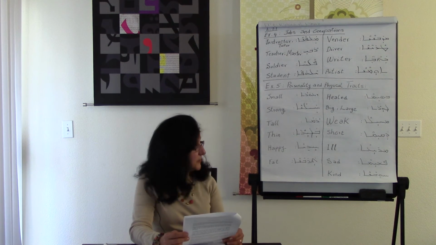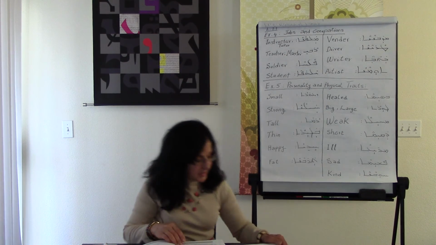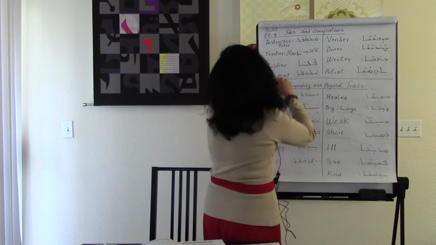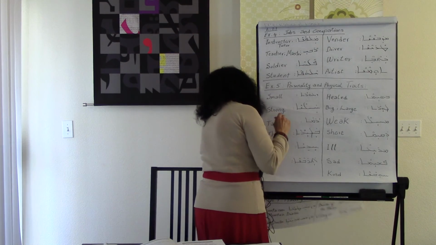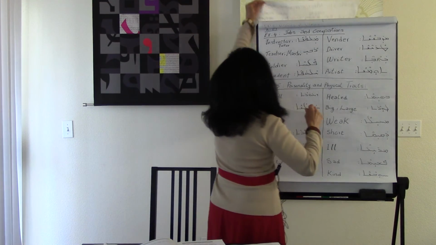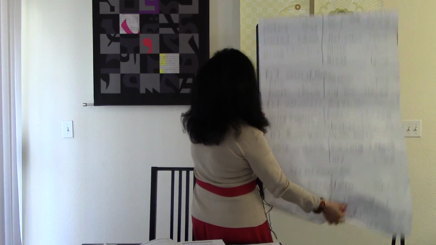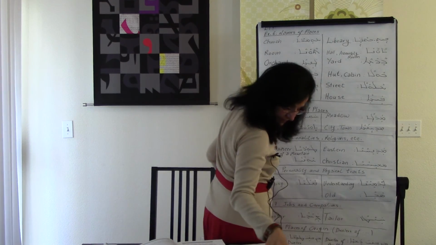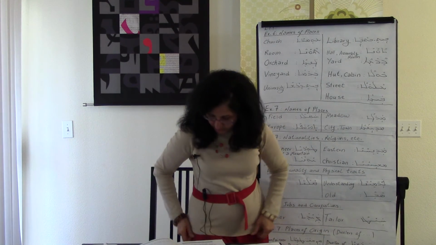Okay, now in exercise 6 we have places. So we will use the word adiya. I will say adiya ana gav alolewen beit drasha, and you will say adiya ana gav beit drashawen.